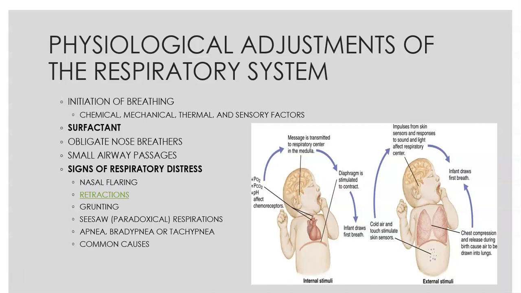And they will assess for that. So signs of respiratory distress, nasal flaring is a big one. You see retractions as underlined and highlighted. If you click on that, then it will show you what retractions look like. This is where you'll see sucking in either in between the ribs, under the sternum, under the clavicle, over the sternum, things like that. And that indicates they're using extra muscles to try and breathe.